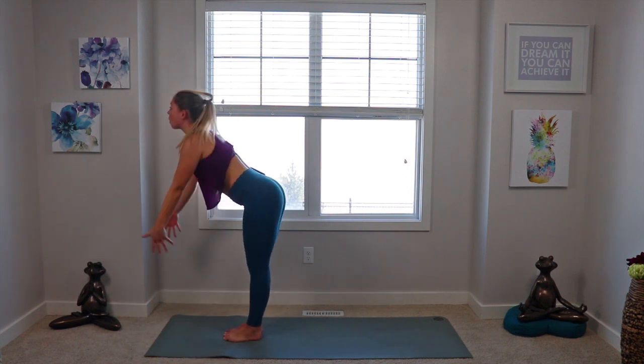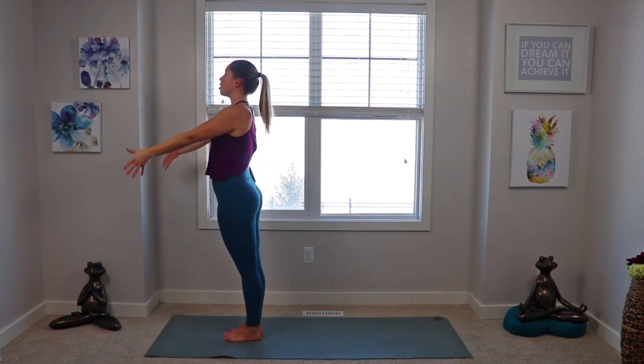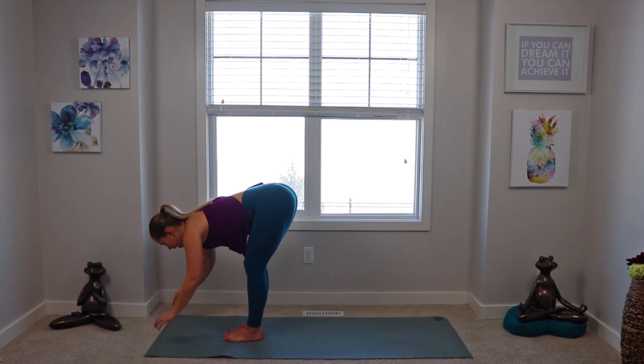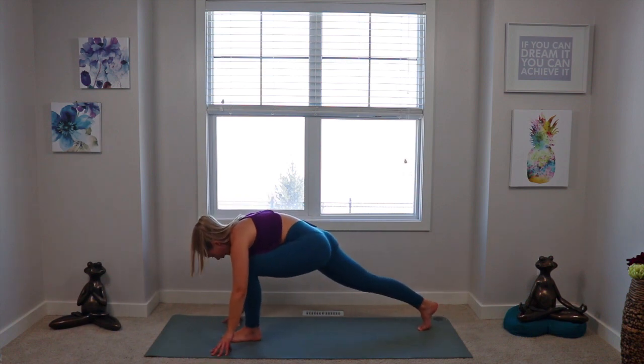Inhale, coming all the way up to standing. Reach up, look up. Exhale, bring your hands through heart center to your sides. Inhale, reach up. Exhale, fold. Inhale, halfway lift. Exhale, plant your hand, step your right foot all the way to the back of your mat,